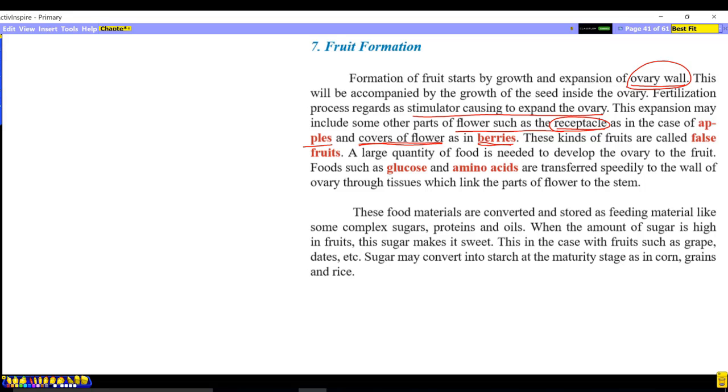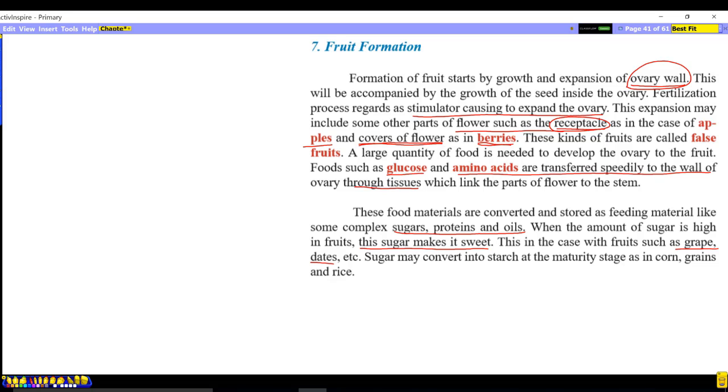A large quantity of food is needed to develop the ovary into the fruit. So foods like glucose, a product of photosynthesis, or amino acids, are transferred speedily to the wall of the ovary by stimulation of fertilization through the phloem tissue, which links parts of the flower to the stem. This food material is converted and stored as feeding material, like some complex sugar, as we may remember from the leucoplast in chapter 1. When the amount of sugar is high in fruits, this sugar makes them sweet,